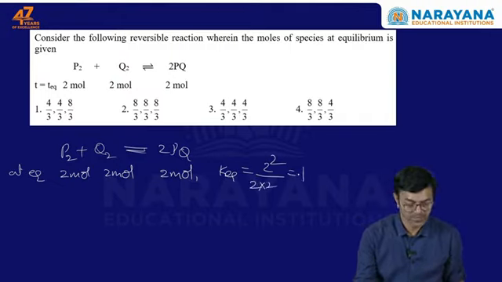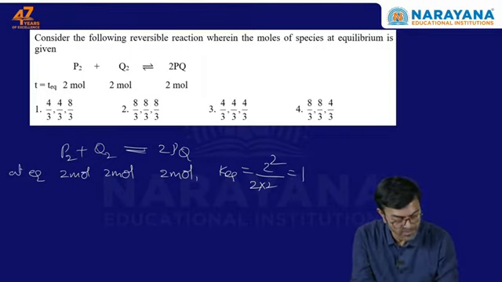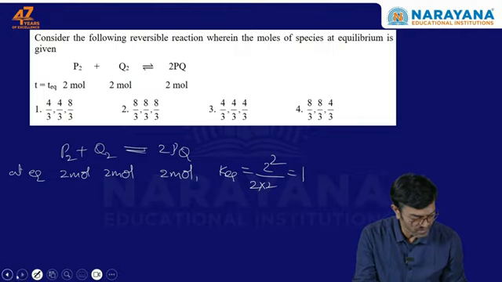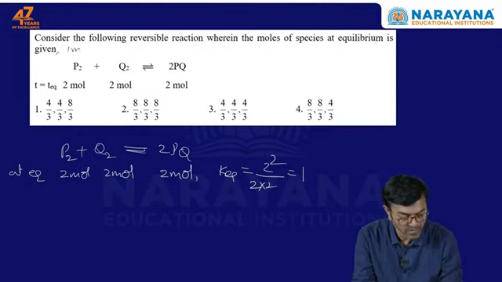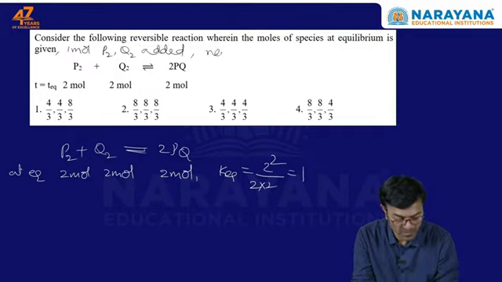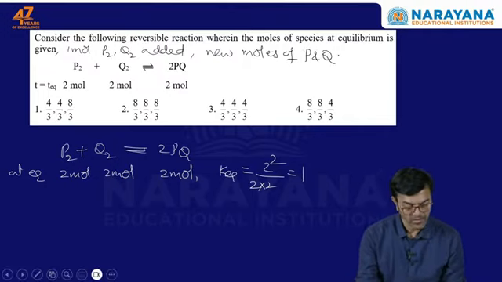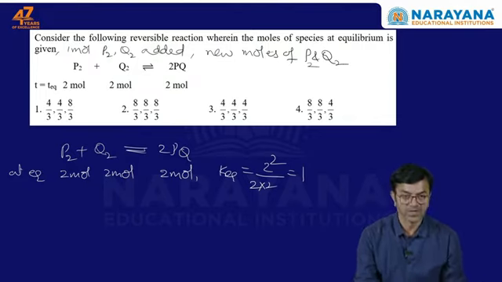Now he is saying that 1 mole of P2 and Q2 are added. And asking for the new moles of P2 and Q2. So when you add 1 mole each of P2 and Q2, then it becomes